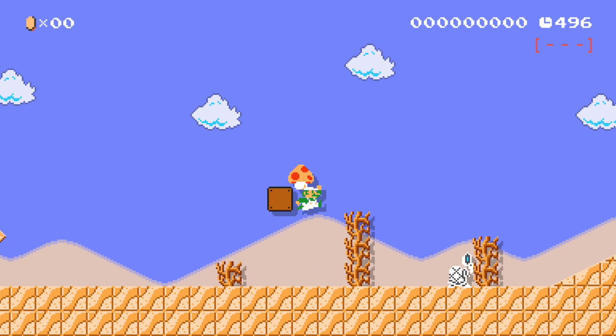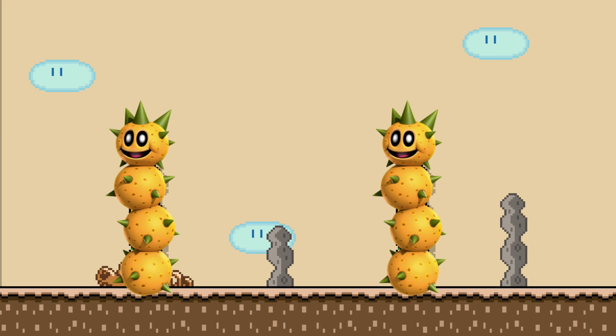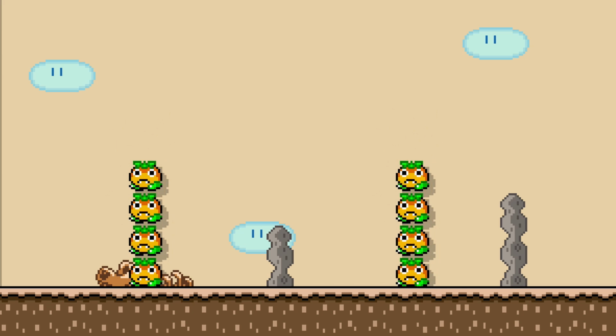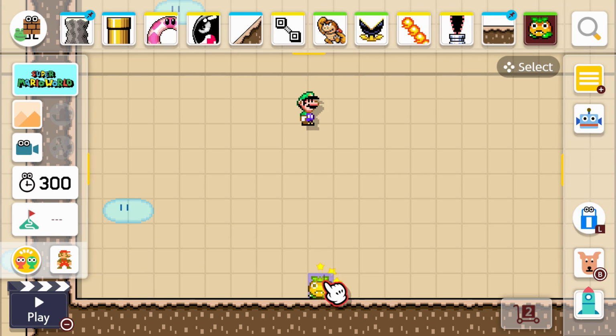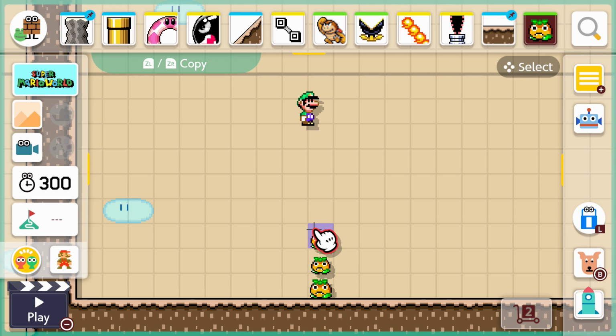Anytime I think of desert levels in a Mario game, I instantly think of the Pokey. Sadly, Nintendo hasn't added these into Mario Maker 2, so we're gonna have to do it for them. All we have to do is take Goombrats and stack them on top of each other. Only the bottom one will move, and the rest will just be sitting on top like the different layers of